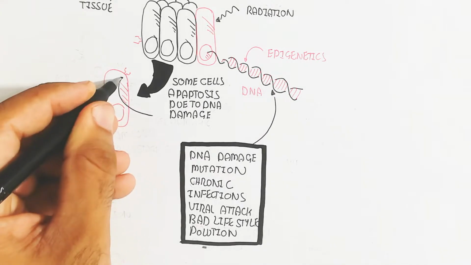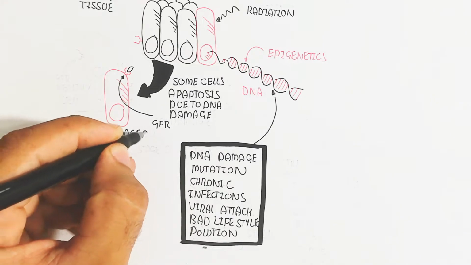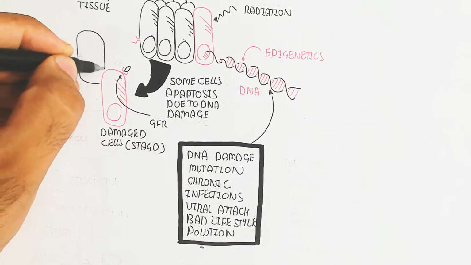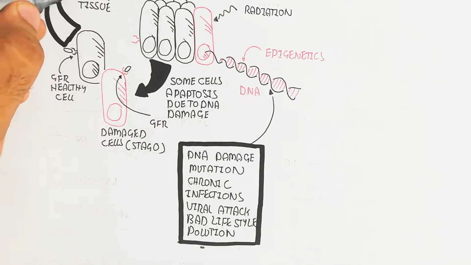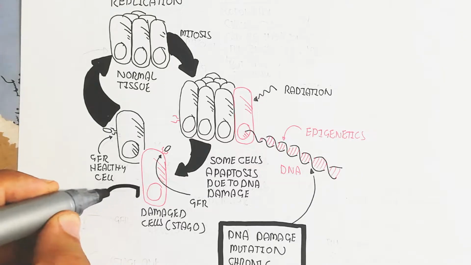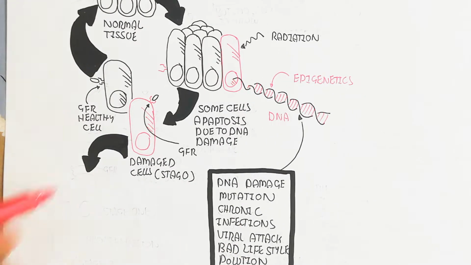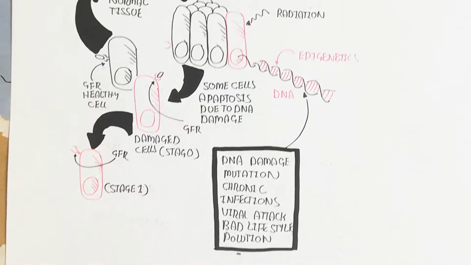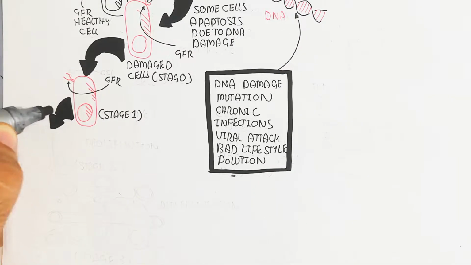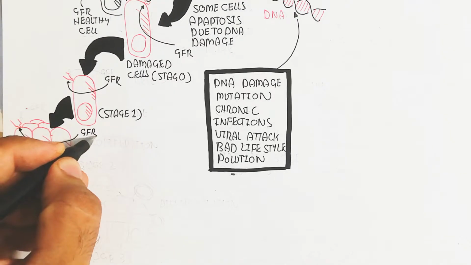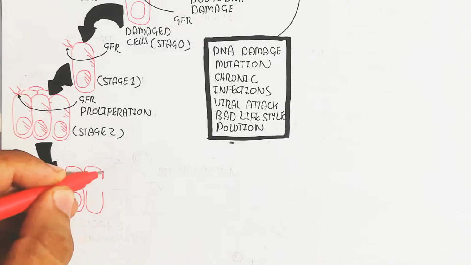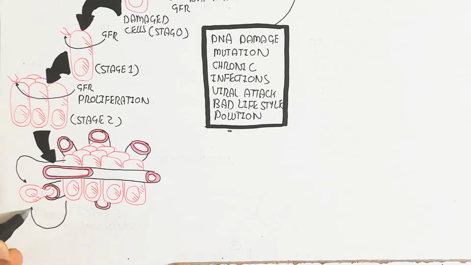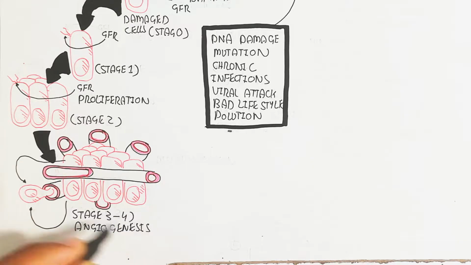The growth factor binds with the growth receptor on the upper surface of the cell and increases growth and proliferation, and the mitotic factor also binds. A damaged cell will go from stage 0 to stage 1 of the cancer cell, while a healthy cell regulates the growth factor receptor, and in this way normal tissue develops. Here you can see the growth factor receptor and stage 1, where the cell undergoes the damaging effect, which leads to proliferation,